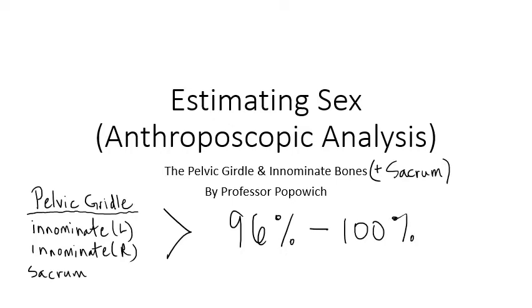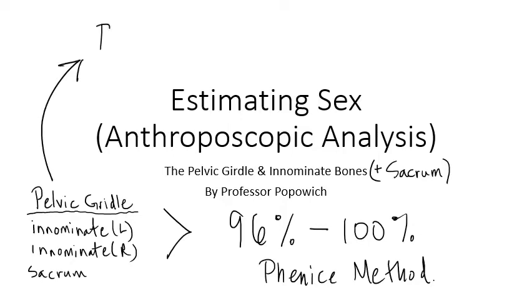And the method that we are going to emphasize here is something that's referred to as the Phenice Method. And what we're going to find is that it focuses on really a very small area of the pelvic girdle. The important thing about this is as we start to add in some of the other analyses, this really bolsters our ability to estimate the sex of the individual. And again, the pelvic girdle is the important area because it has everything to do with reproductive function and those dimorphic